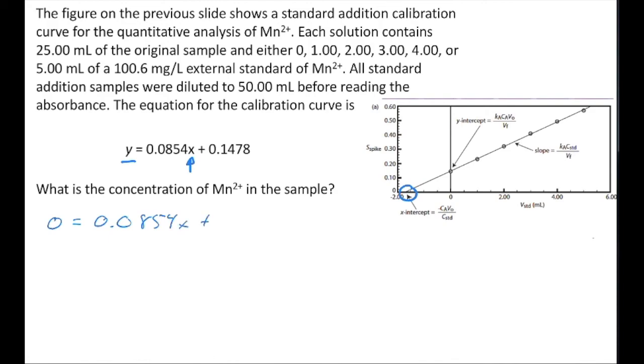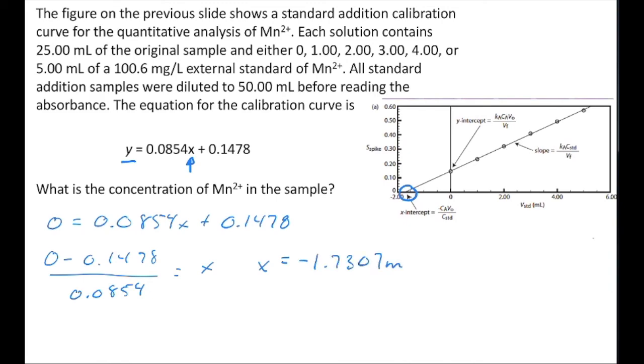0.0854x plus 0.1478. And solving for x, 0 minus 0.1478 over 0.0854 equals x, and then x is going to equal minus 1.7307 milliliters. Now your book handles this a little bit differently than I'm going to handle it, but basically what I